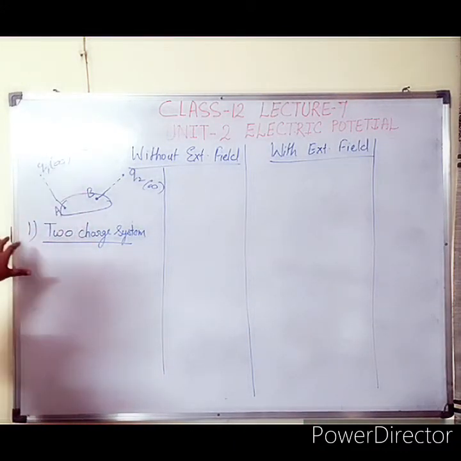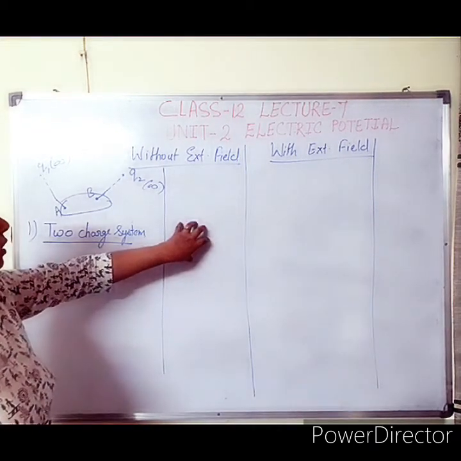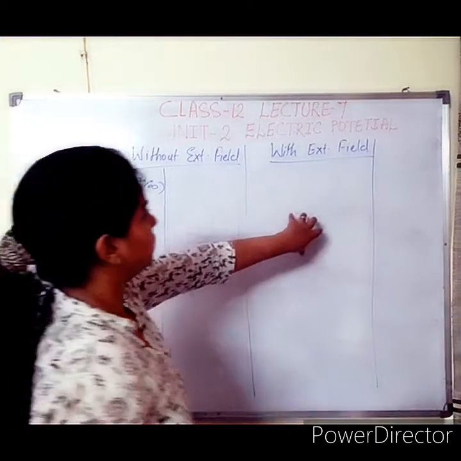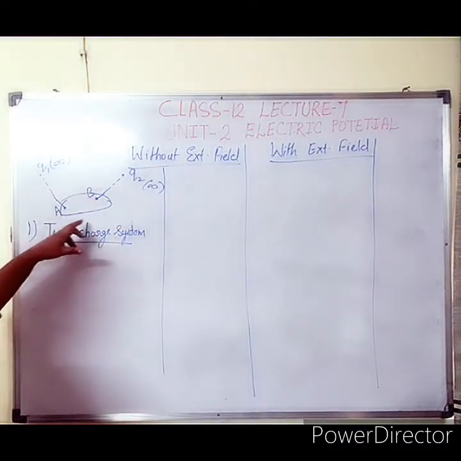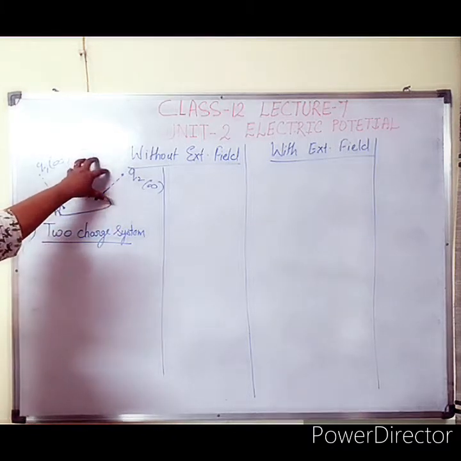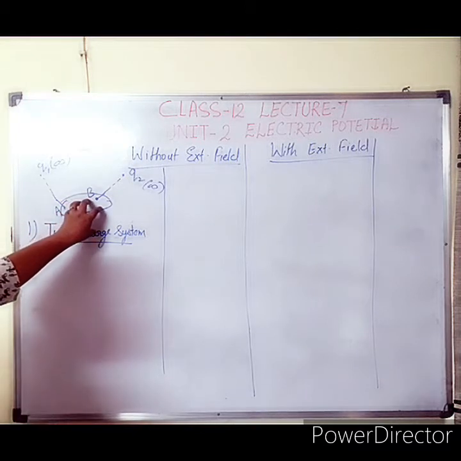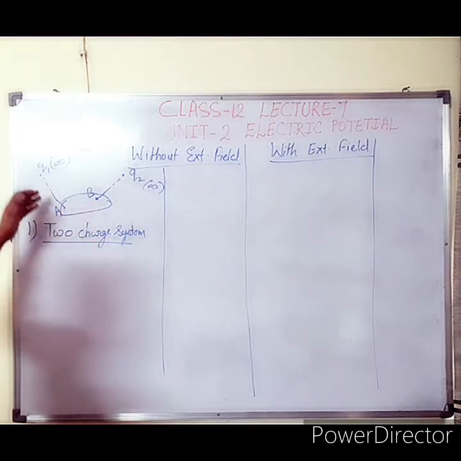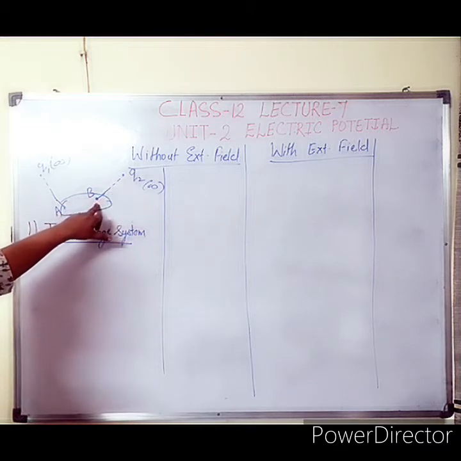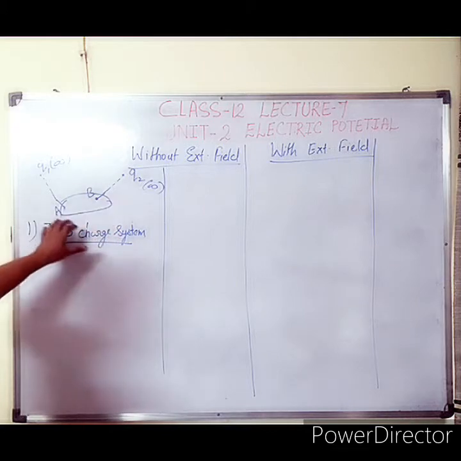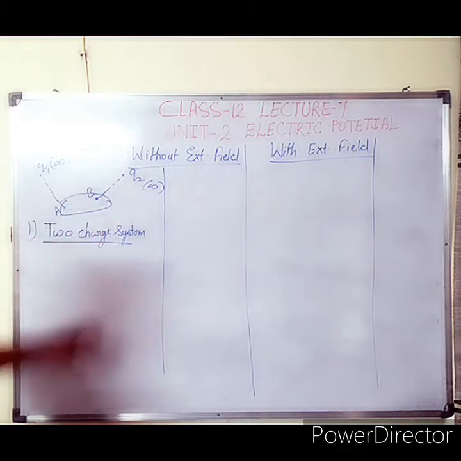Okay, first case, the 2 charge system is here. I have drawn the figure here. This is the first case. I will write down the terms here for without external field and then with external field. The first case I am taking here is without external field. That means there is no external field when the 2 charges are coming from infinity to these limiting positions. So there will be no applied force when the charge Q1 is coming from infinity to A and charge Q2 is coming from infinity to B. Only the interaction energy will exist when they come closer to each other.